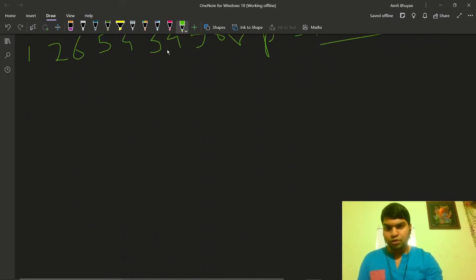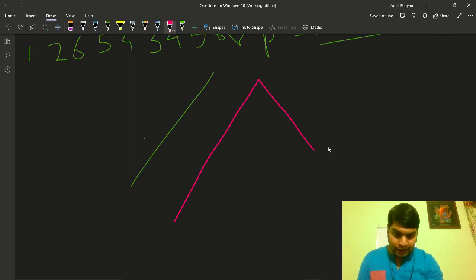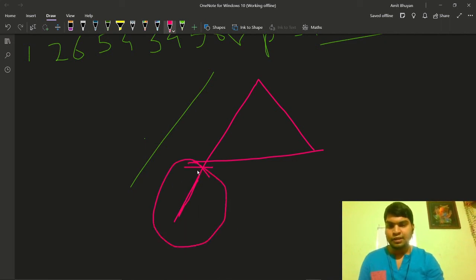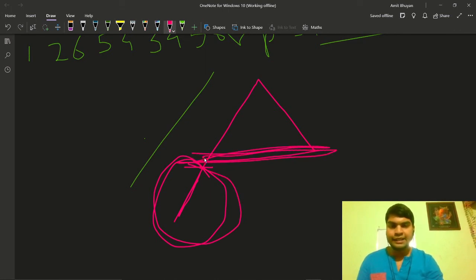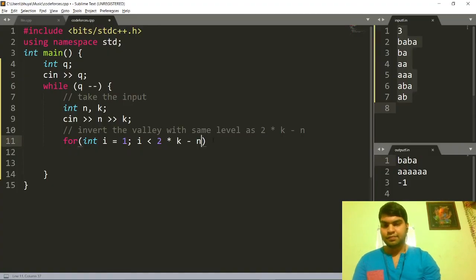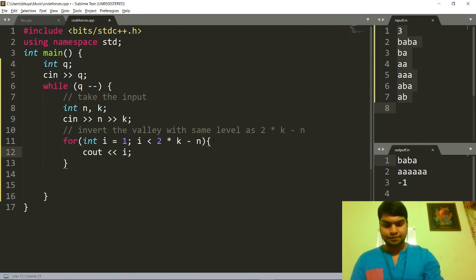So we have a value like this. We are taking till this level as same. We are not taking the mirror image of this level, we are not taking the mirror image till this slope. We are only taking the mirror image of the same level till 2k minus n. Now we can simply print out i.